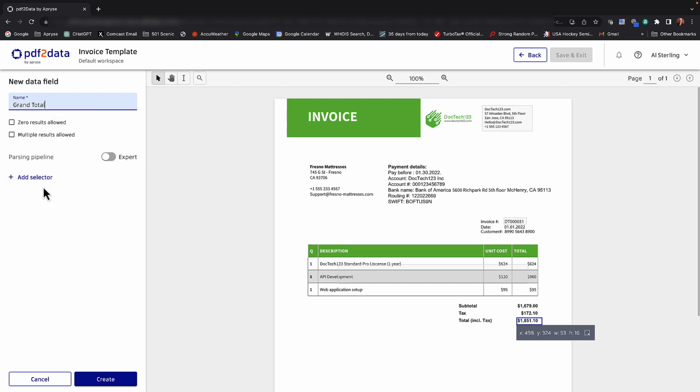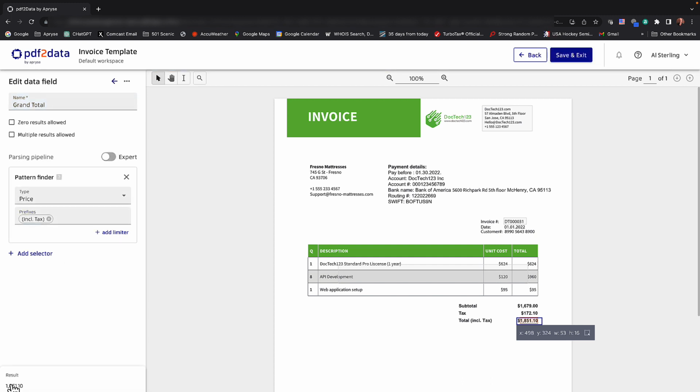The selector I'm going to use for this one, looks like that has a pattern in front of it. So let's go ahead and use the pattern finder again. Notice that this particular piece of data, we can say it's a price. And I'm going to add a limiter for this, just like we did before. Notice that there's the words total including tax in front of it. So if I put parentheses, like INCL period tax, I'll add that as a prefix. We'll create it. And there you can see the result is our